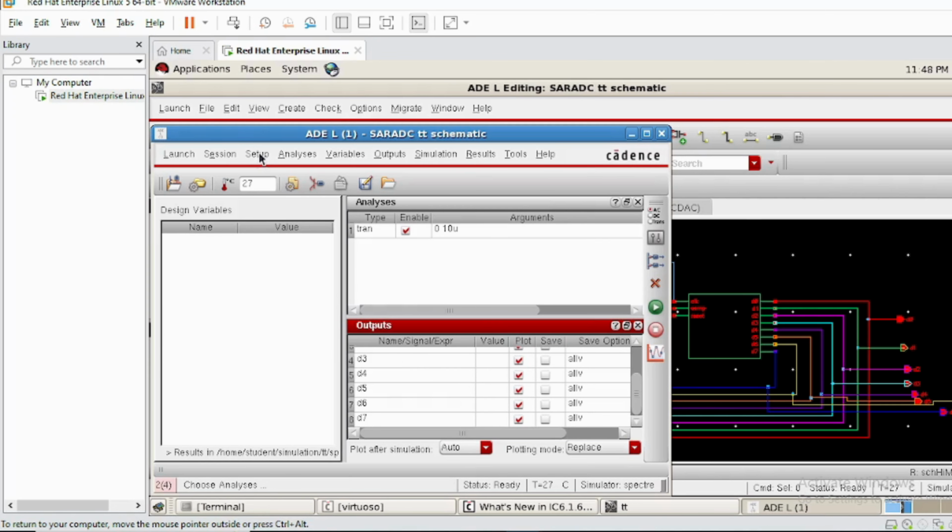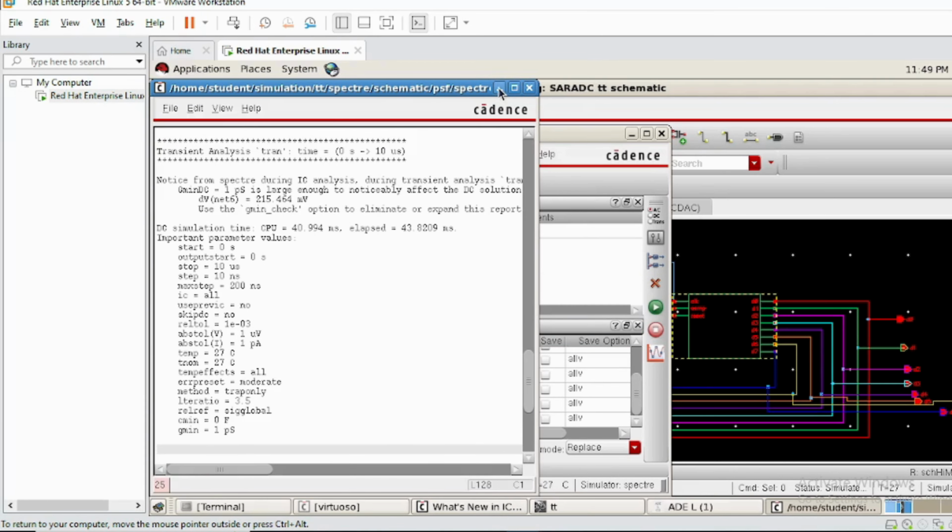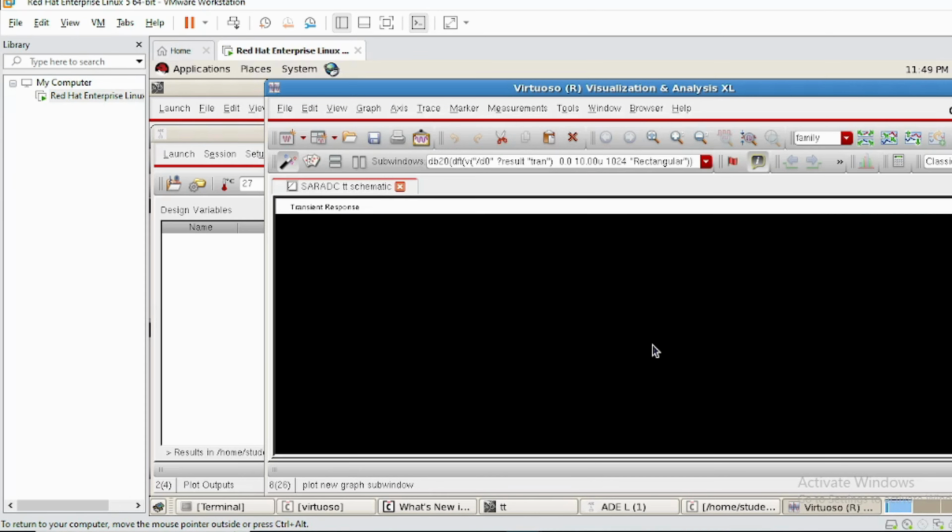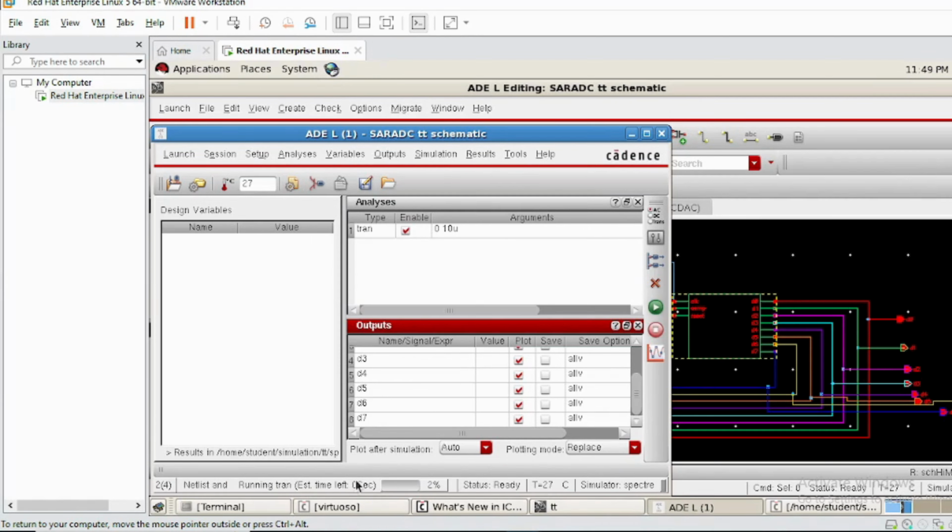Launch Analog Design Environment. Begin by opening the extracted view of your circuit in the Virtuoso Layout editing window. Navigate to Launch, Analog Environment to open the Virtuoso Analog Design Environment window. Alternatively, you can launch ADE L from the Command Interpreter window by selecting Tools, Analog Environment, Simulation, and specify the library and cell.